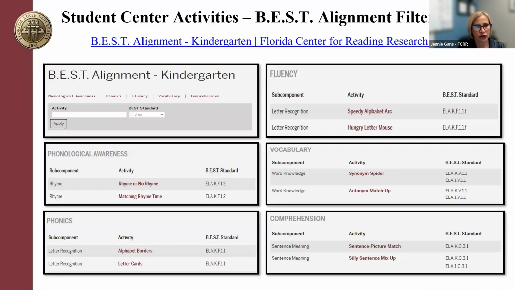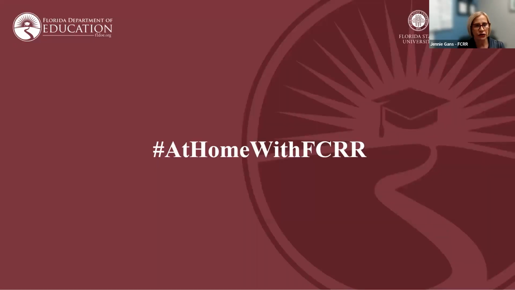Okay, so I will show you a picture here on this screen that is an example of what the filter tool looks like. This is kindergarten, and you can see the standards there, K.V.1.1 or 1.V.1.1. You'll notice this activity can go for either kindergarten or first grade because the wording in the standard and the wording on the activity matches both. So that's why sometimes you might see more than one grade level filtered in that tool. So that is just a little bit of information about our student center activities. Again, I'm going to show you them in real time, so we'll be able to go through them.